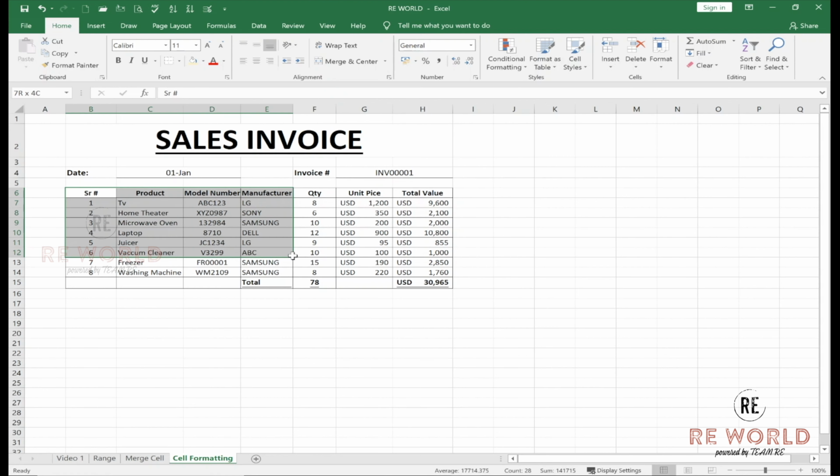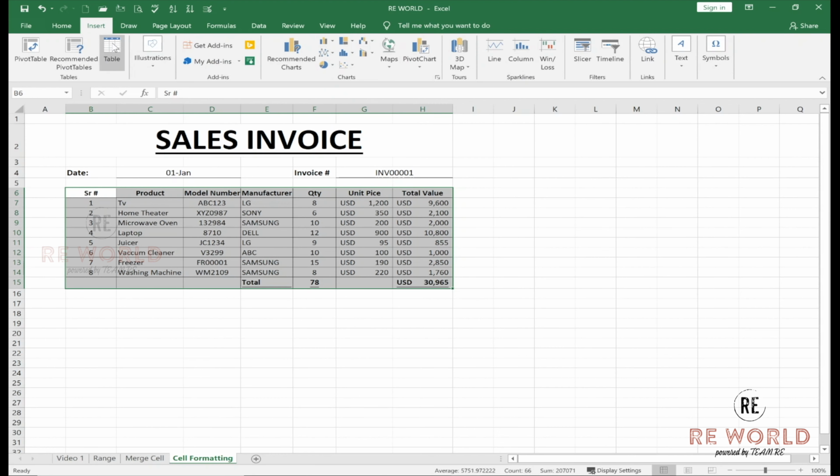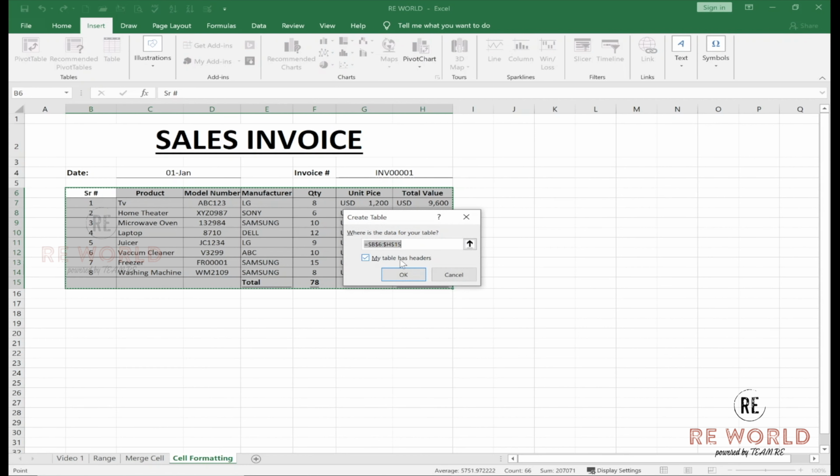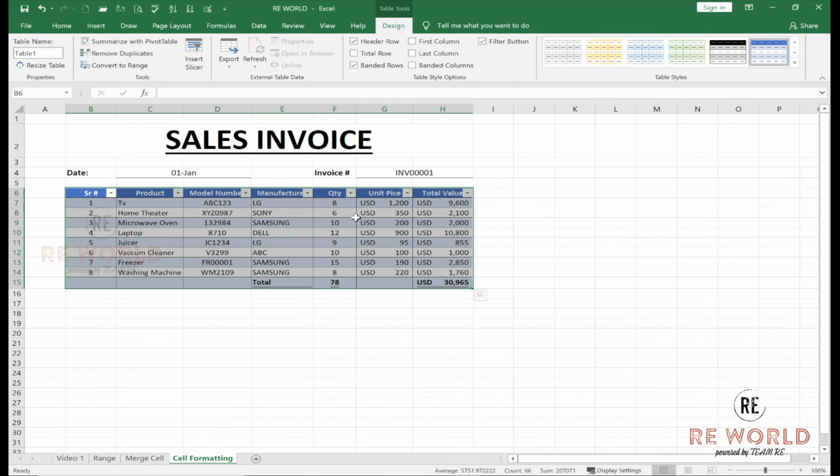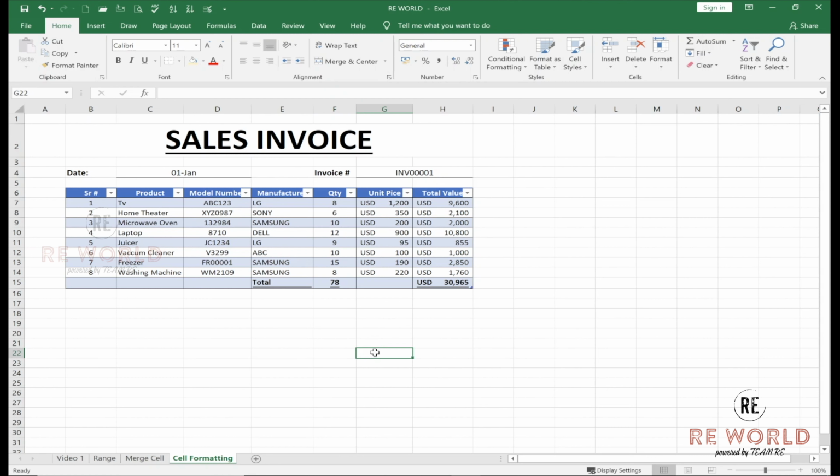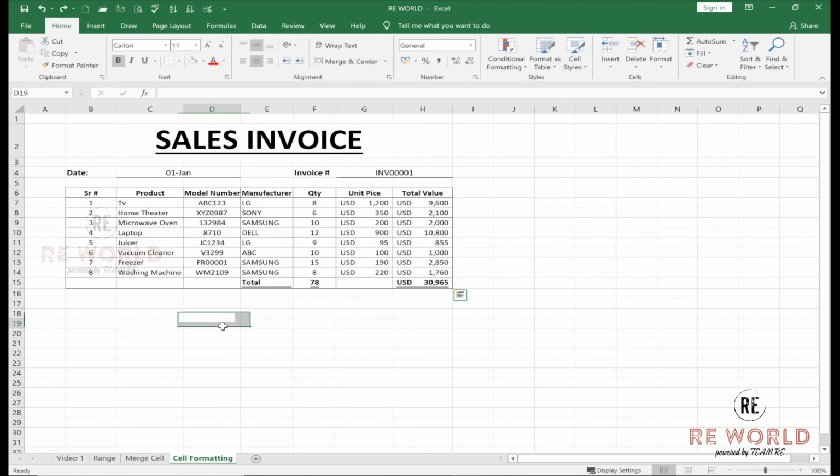Let's select this area, this range, and if you see Insert, just click on Table, okay, and now it becomes a table. It has its own use. In the coming video we will surely explore all these features as well, but currently I will just stay up to here. So these were the basics about formatting.